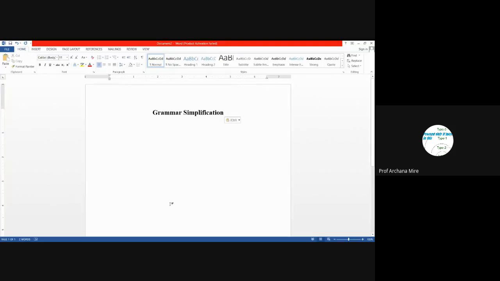We have studied derivations, leftmost derivation, rightmost derivation, what an ambiguous grammar is, and how to identify whether a given grammar is ambiguous or not. We have even studied which kinds of problems are created when a given grammar is ambiguous. That's why we always need to remove ambiguity from a given grammar.